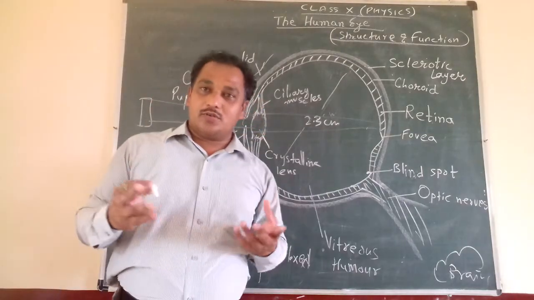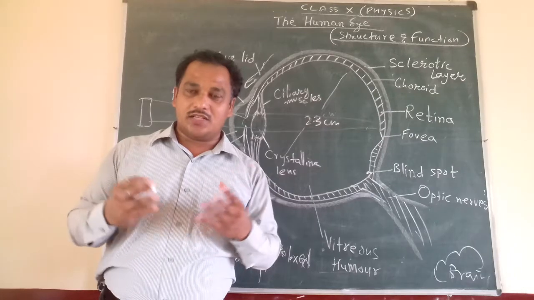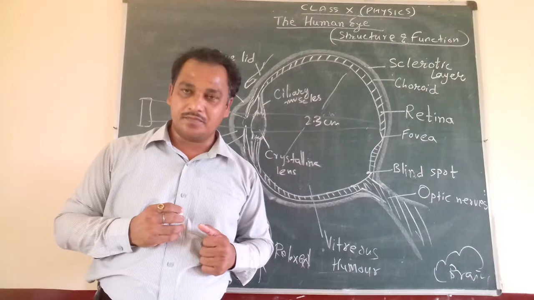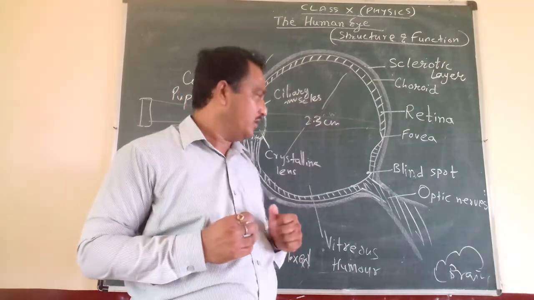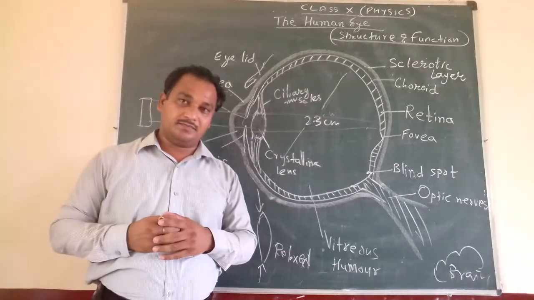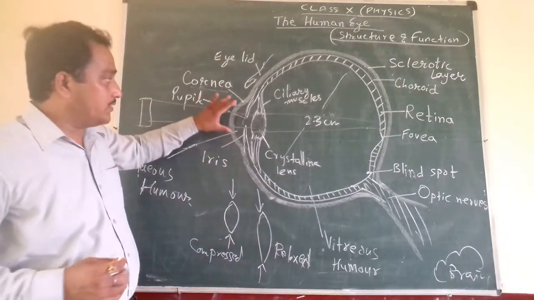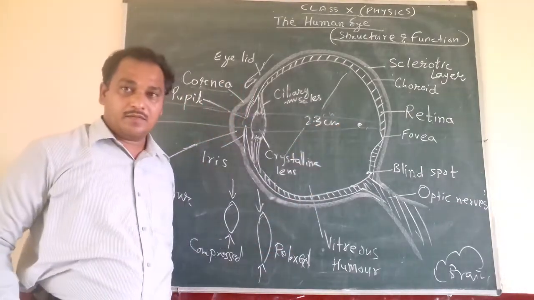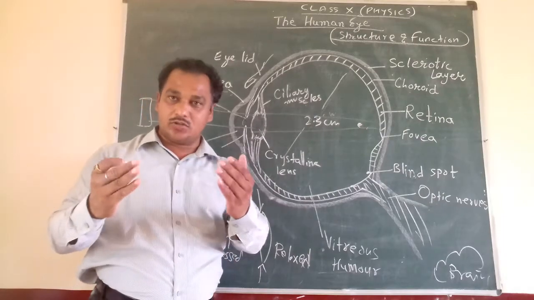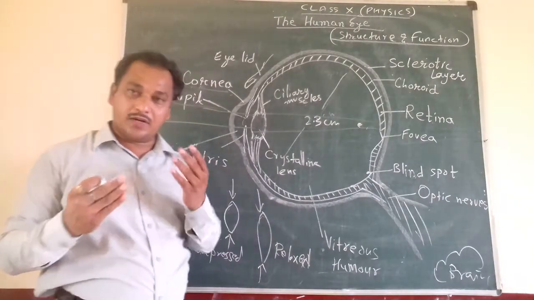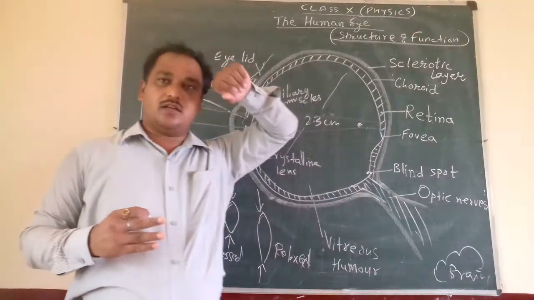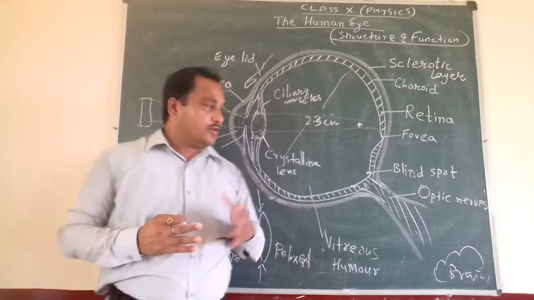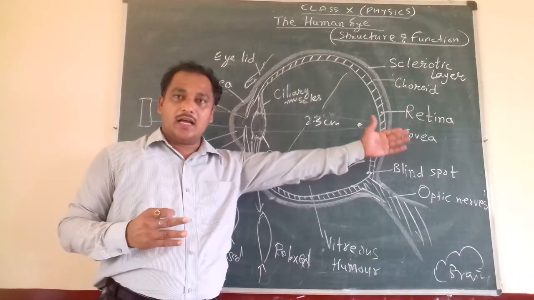Do you know why some persons are not able to see a closer object or a far object clearly? What is this defect called? Myopia and hypermetropia, correct. What happens in that case? In myopia, the image is formed just before the retina. That is short sightedness. The person is able to see a closer object clearly, but is not able to see a far object distinctly. They cannot identify who that person is or anything which is farther. So that is called myopia.